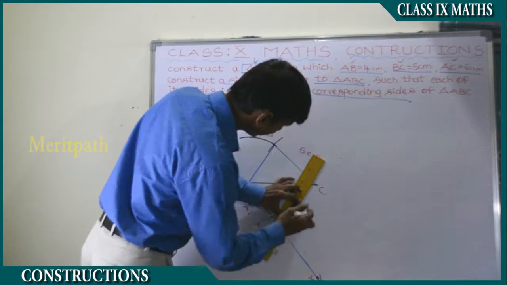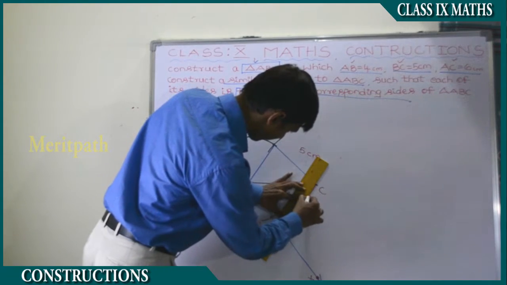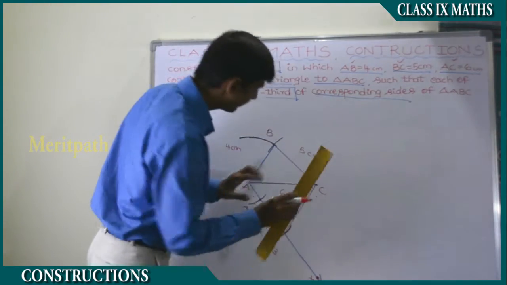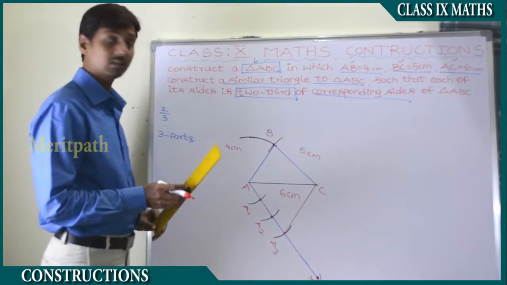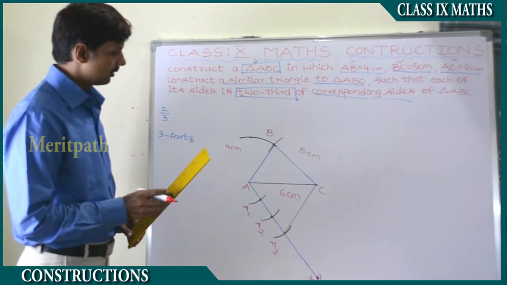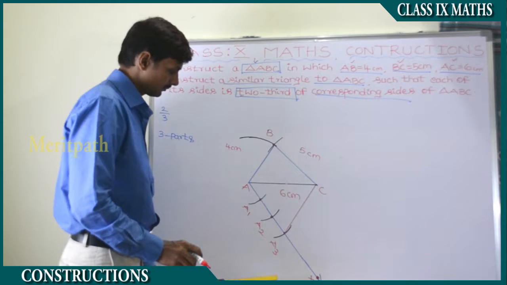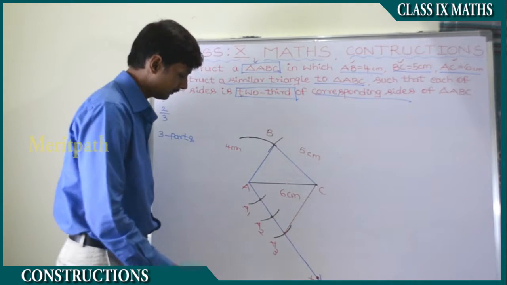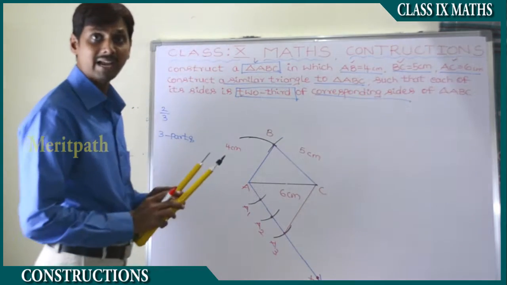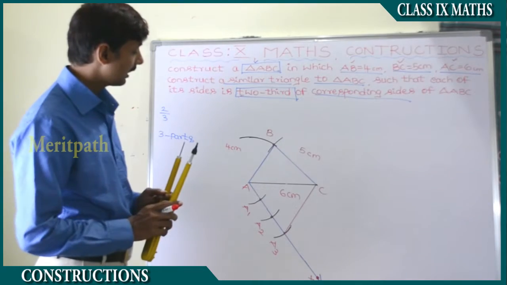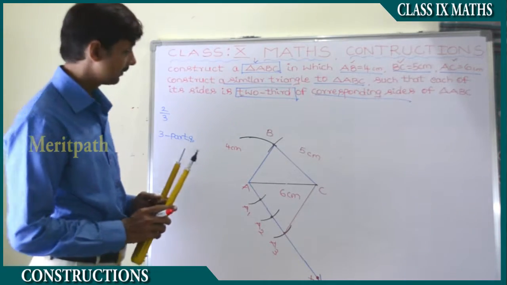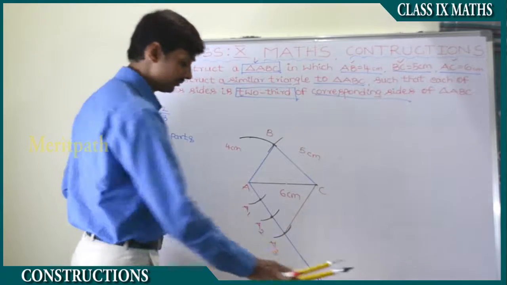A3 and C we are joining, and we have joined A3 and C. Now let's see here, we need to draw a parallel line to A3C. So to draw a parallel line to it,